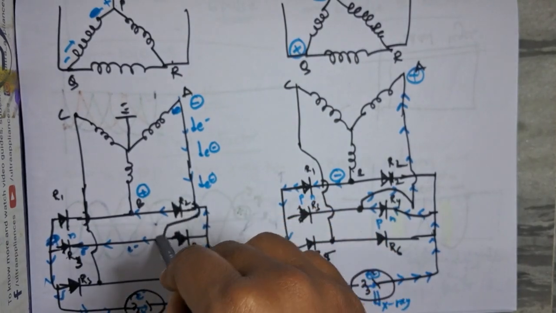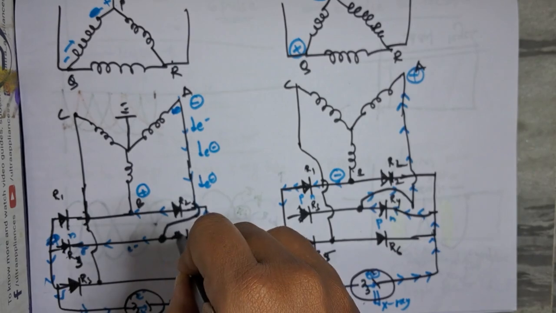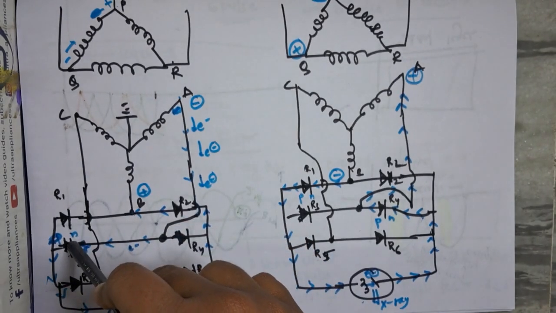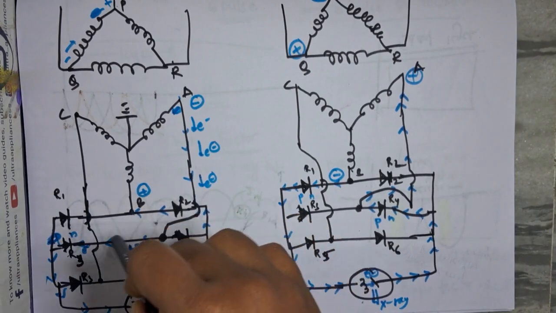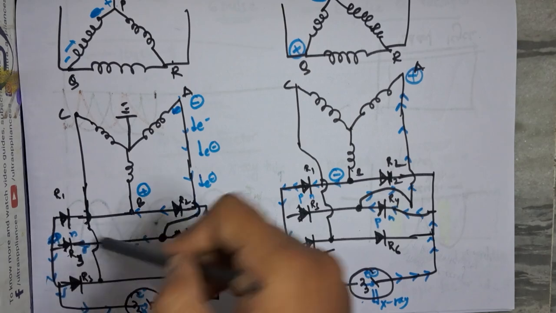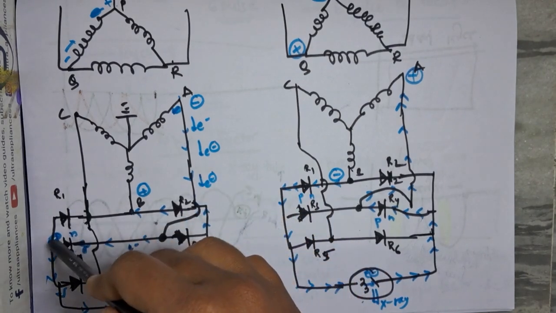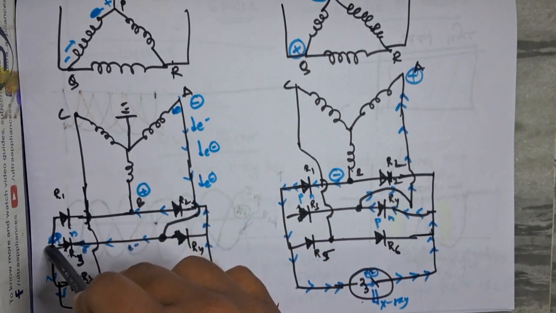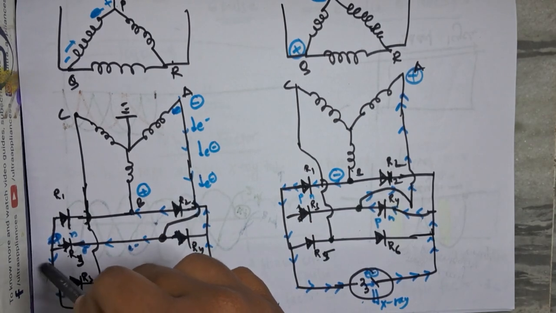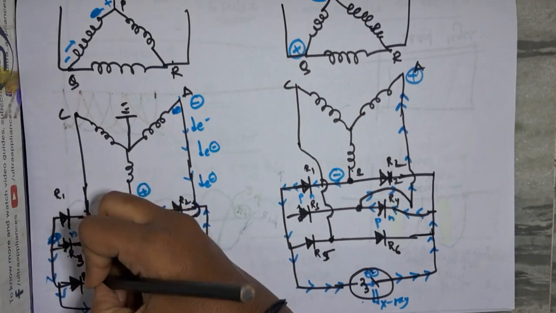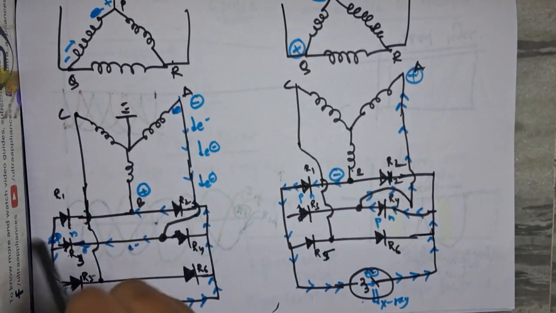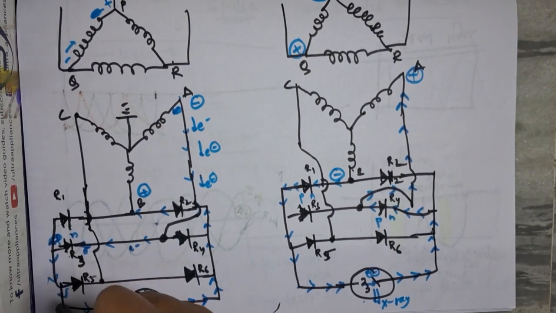They will go like this, and from here there are 2 ways, one through R4 and the other through R3. In R4 there is P to N, so the electrons cannot flow, so the electrons will flow from N to P in R3. From R3 the electrons will flow down. This is R5, right? The electrons cannot flow from P to N in R5, so the electrons will flow down